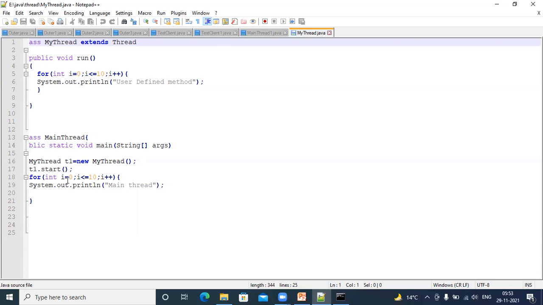After this execution, the main thread also has logic, that is the for loop written here itself. So we have two for loops. One for loop is for this thread, and one for loop is for the main thread. The main method is also treated as a thread. First of all, we have called t1.start, and this start method belongs to the Thread class, and it calls this run method implicitly, automatically. We have overridden this one, so this run method will get invoked.